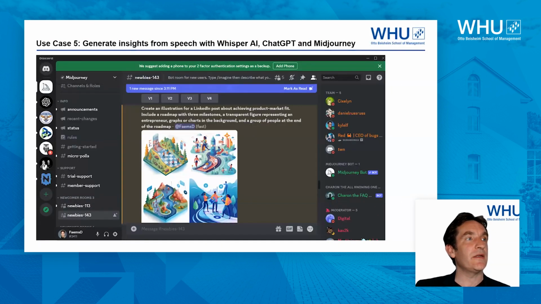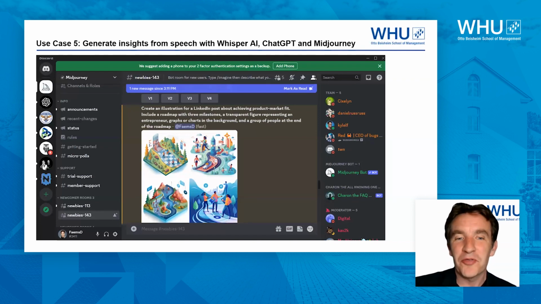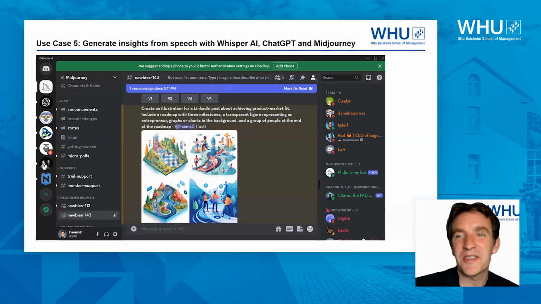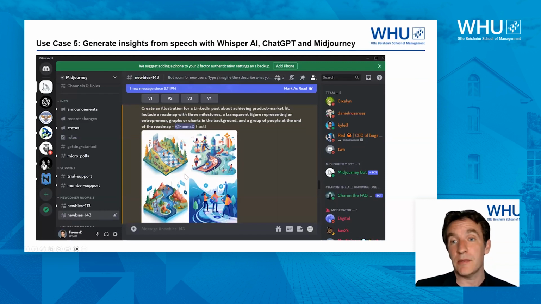So what you see here, this is Midjourney. Actually, to use Midjourney, you need to go to their Discord channel. If you don't know what Discord is, ask your 10-year-old son or daughter. They will know, because it's very popular among teens to chat with each other. But so Midjourney has a Discord channel, and in that Discord channel, you have to again have a subscription. You can then enter your prompt, and then it will create nice images that you can use for your LinkedIn post. Yeah?